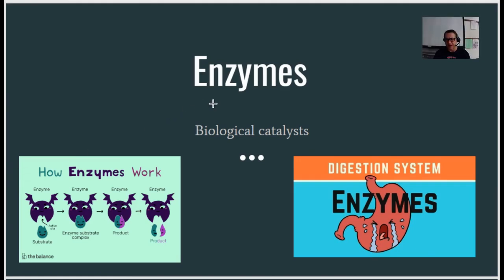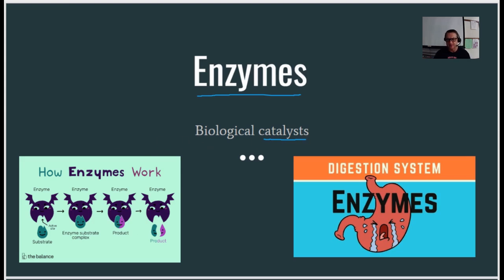All right. So if there's one topic in this unit one that's super important, it's going to be a lot of the questions on our test. It's going to be enzymes. Enzymes, special proteins that speed up chemical reactions in the body, also called catalysts. A catalyst is anything that speeds up a chemical reaction. All right. So this video is going to be all the notes, all the things you're going to need to